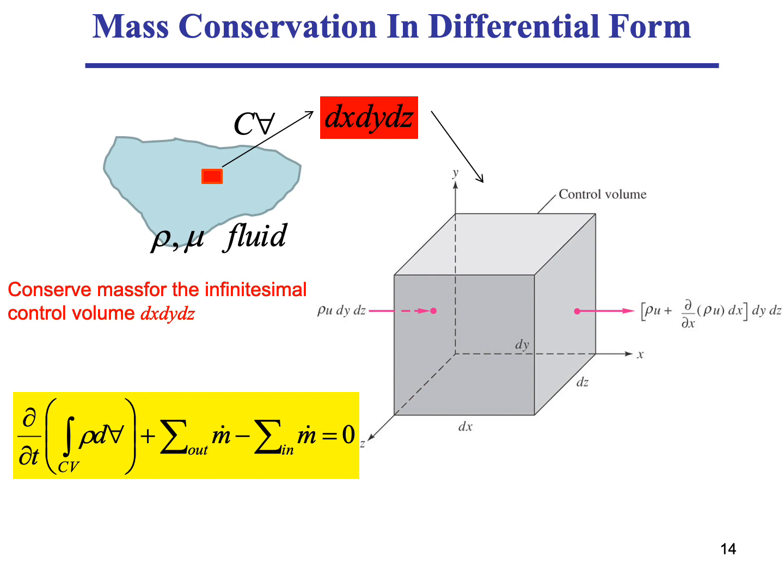So if I want to compute the mass flow rate coming into this face, it is the density of the fluid multiplied by the velocity u multiplied by the perpendicular area dy times dz. And now let me take this quantity, rho u, and plug it back into Taylor series expansion. So I can predict the quantity rho u